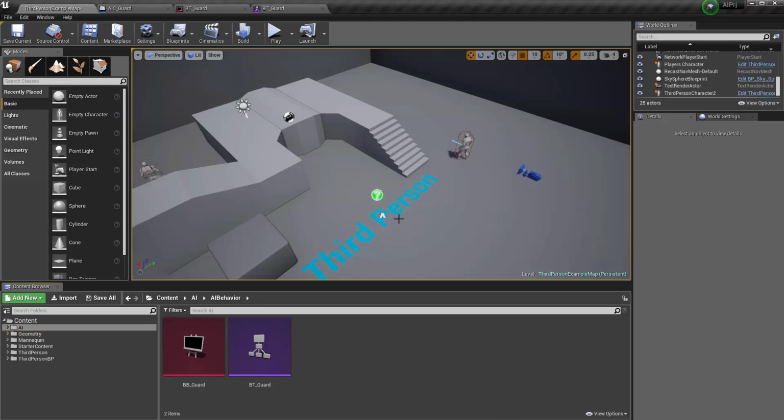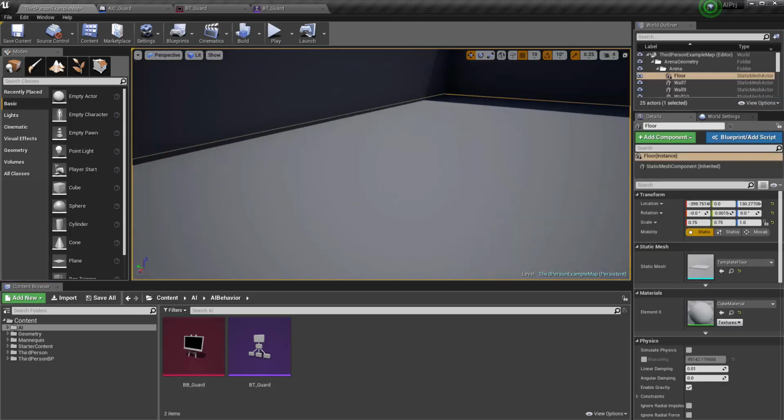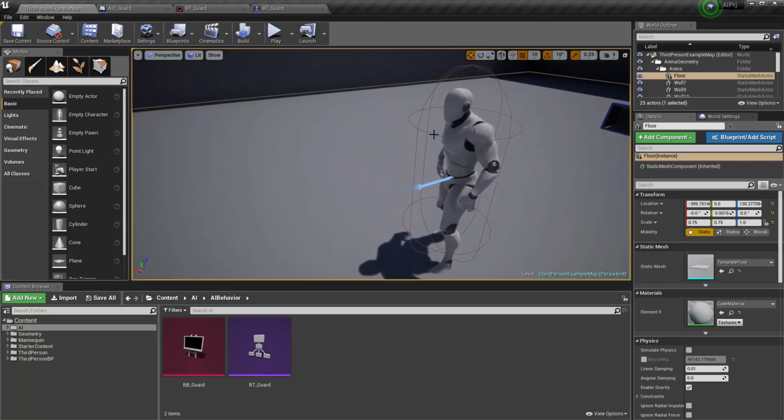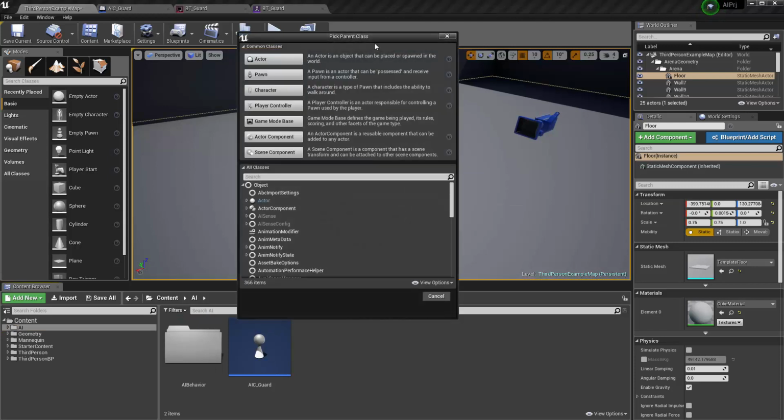So let's move on to implement a patrolling functionality to our AI. We can do that with a component to represent different locations and also some functionality to give the next patrol point information. And that component then can be applied to any different AIs so that it's going to be more modular. To do that, I'm going to go to the AI folder and then right click and create a new